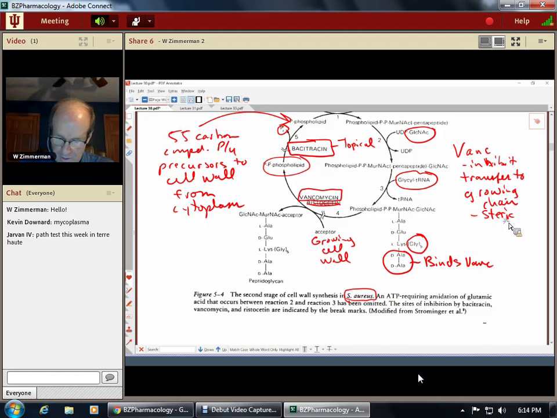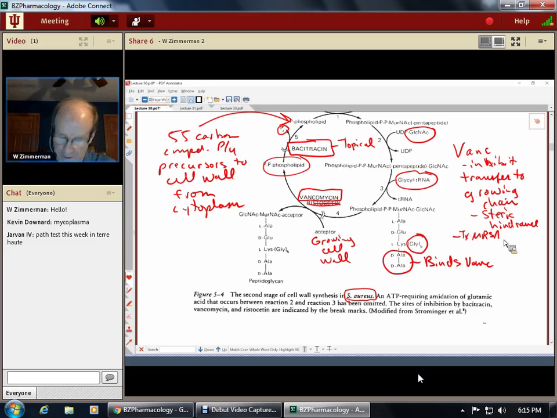Vancomycin is an absolutely huge molecule. It's one of the biggest molecules I know of as far as drugs go. So huge, orally it doesn't get out of the GI. It doesn't get across the blood-brain barrier. That produces a steric hindrance, so we don't get the binding, we don't get the transfer of that pentapeptide to the growing chain. Obviously, it treats things, and we'll come back to this, but